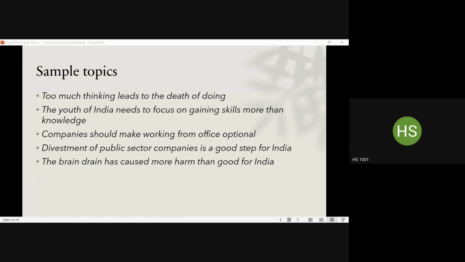Somebody can choose to disagree here as well. If somebody chooses to disagree, then it would be an argumentative topic. If, on the other hand, like Shonali, you were to take this as a decided fact, then this would be a general topic for you. But that is not the point that I originally wanted to bring to your attention. It is considered a general topic more often than it is considered a debatable topic because divestment of public sector companies is an actual happening, an actual phenomenon that is going on.